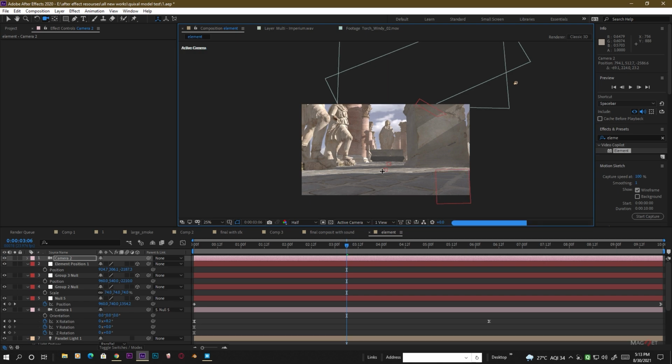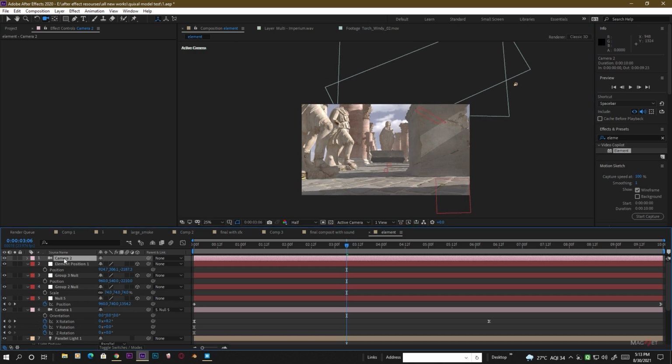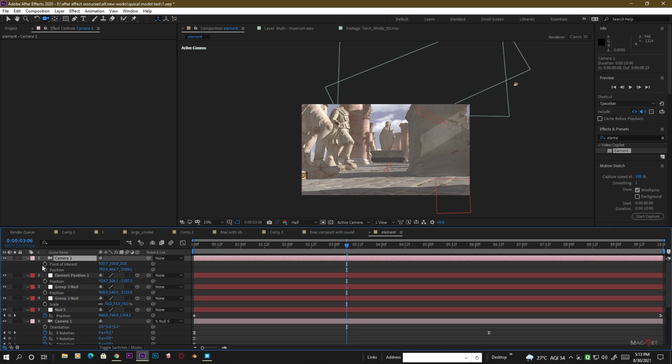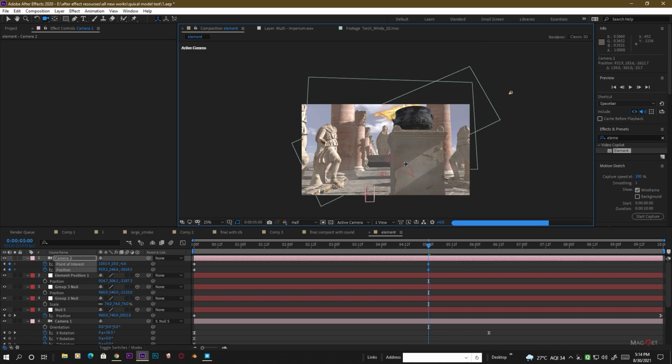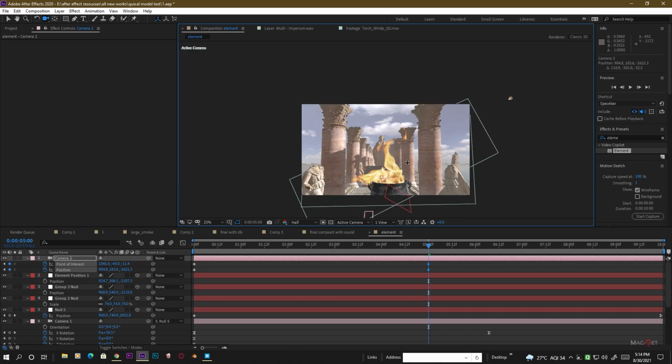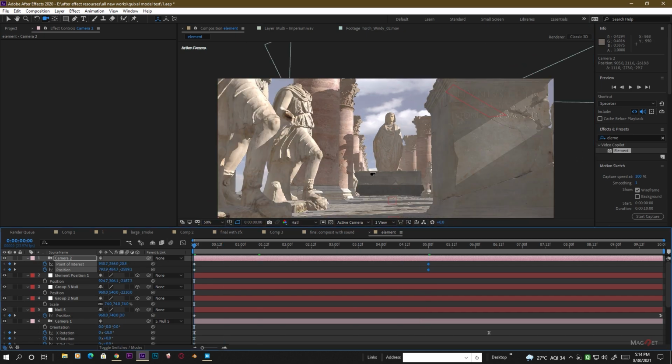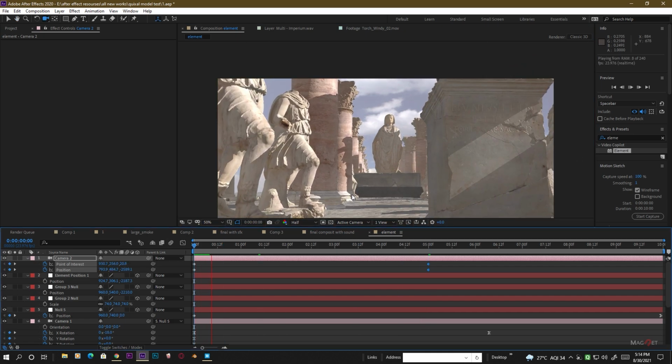First we place it here and press P and press A to bring up the point of interest and position values. First we make a keyframe here, and maybe we go to 5 seconds or so and animate the camera like this,